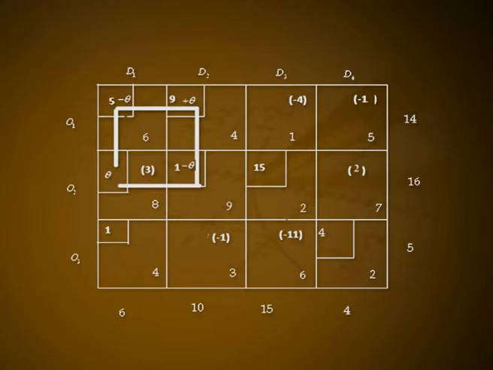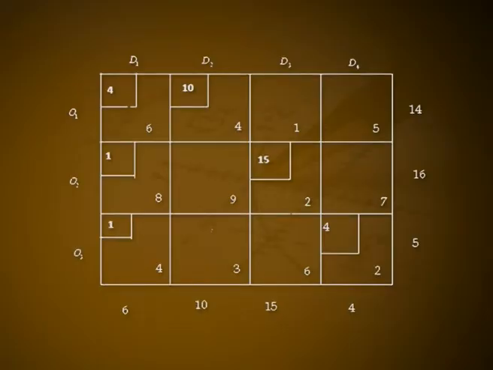A loop starting from and ending at the cell 21 connecting the basic cells only is identified and the interchangeable allocations of plus or minus theta are made in the transportation cells of the loop. The loop formed is shown in the following table. The highest possible value for theta keeping feasibility is 1. Hence, the transportation table with the new basis is as done before. The net evaluations for the non-basic cells are calculated and displayed in the following table.